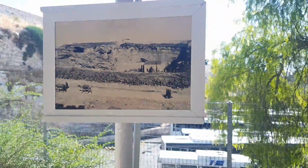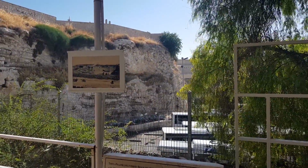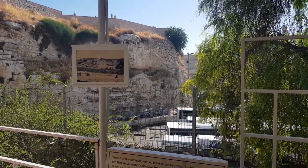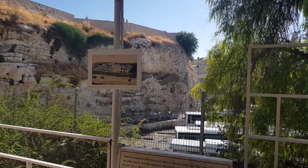You can see that it was next to a main road. And where are you going to crucify someone? Next to the main road. The idea is to spread the message. If you do that, they will crucify you. Then in that case,